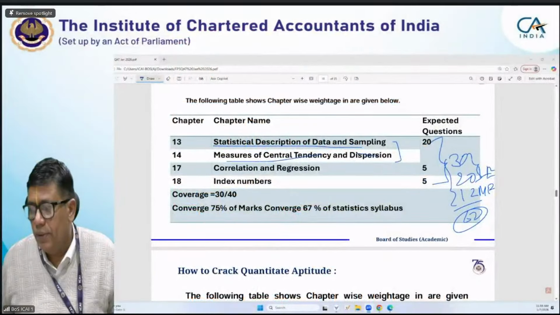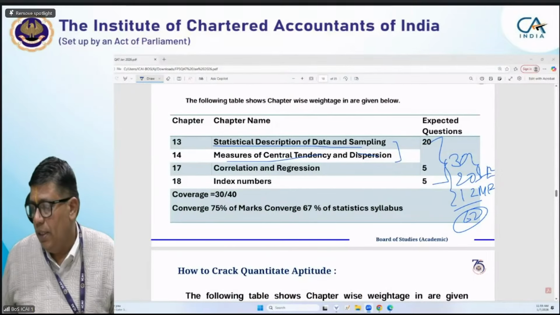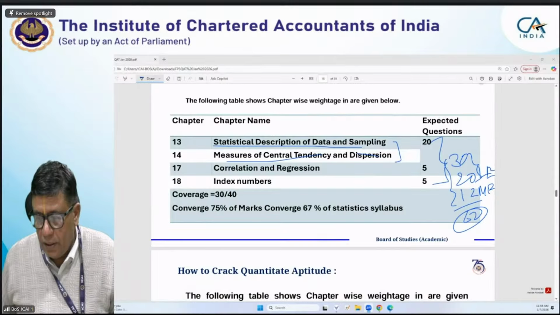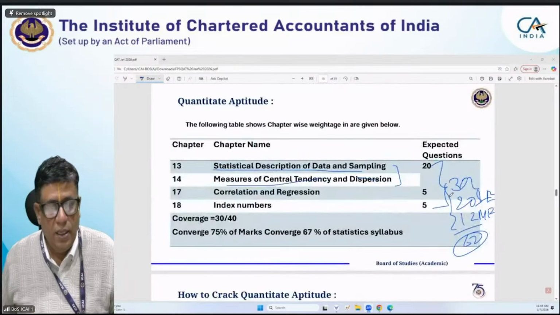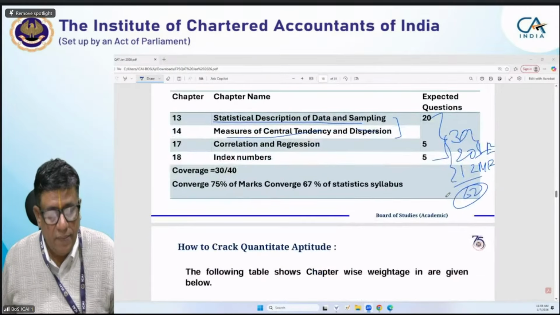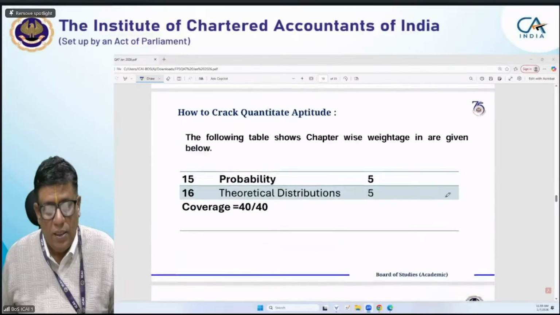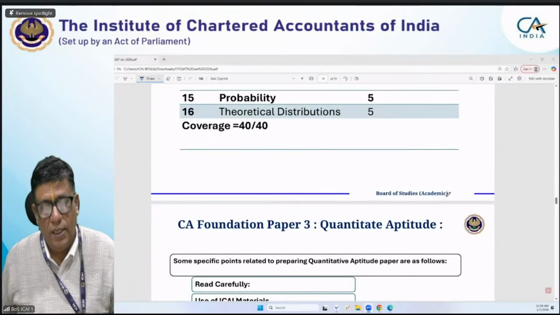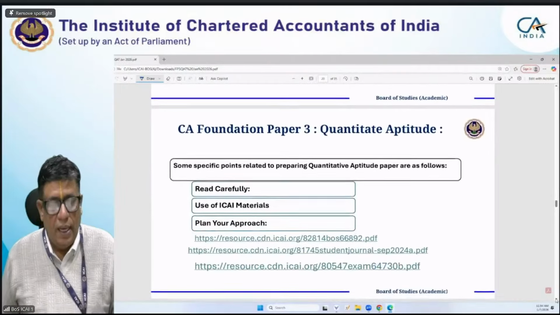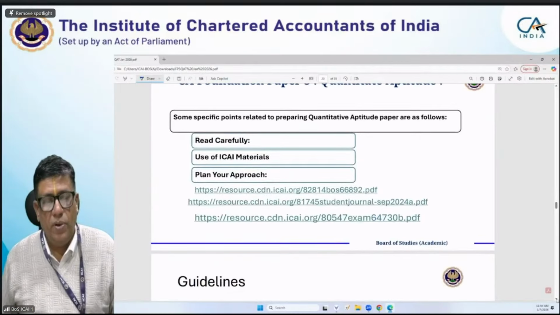Students, now we come to the section where we were discussing in the earlier slides the weightage of the various chapters of statistics. Probability carries 5 marks and theoretical distribution 5 marks weightage. The sum of all, that is 40 marks coverage, as given. Next, some specific points related to